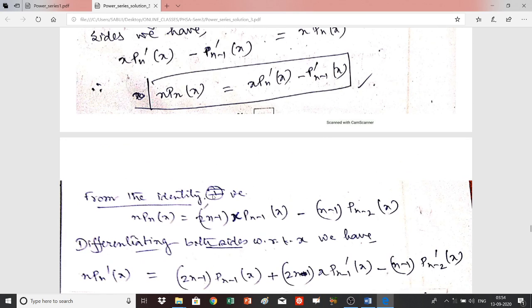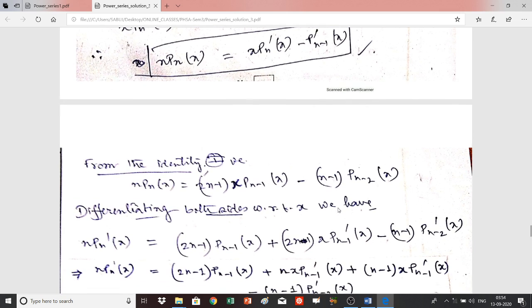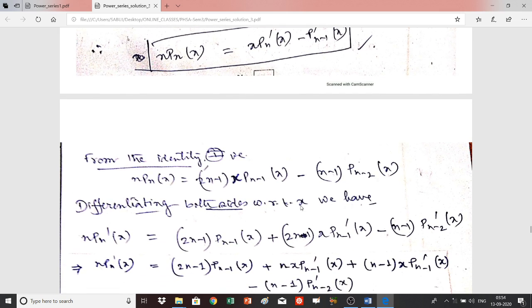So from the identity, we have already computed the identity that n Pn x is equal to (2n minus 1) x P(n-1) x minus (n minus 1) P(n-2) x. It was done for the first case very earlier in this topic. So differentiating this with respect to x, we will have n Pn prime x, that is equal to